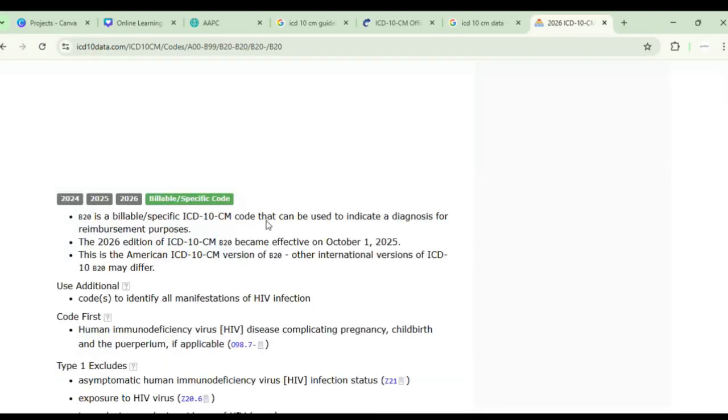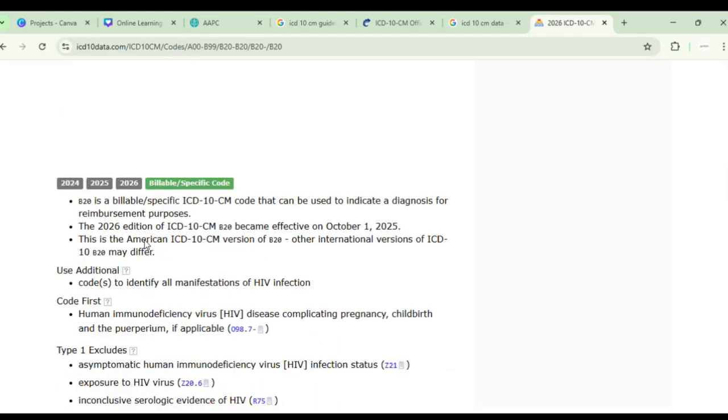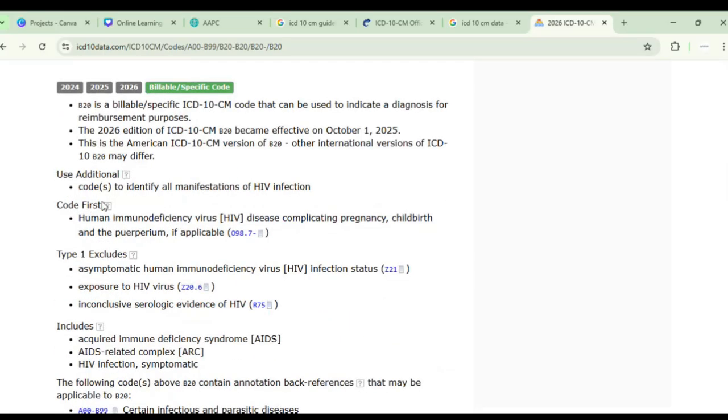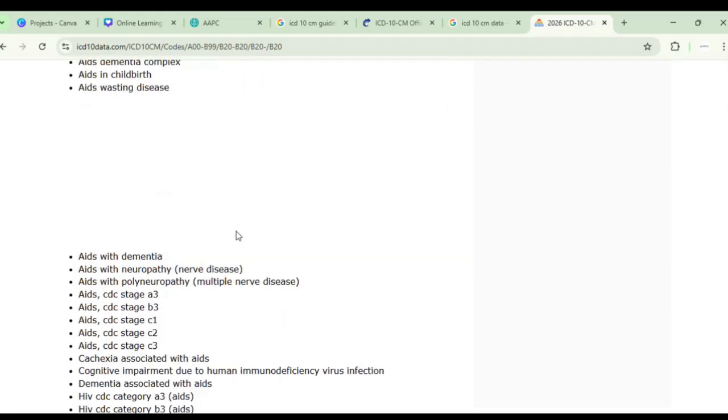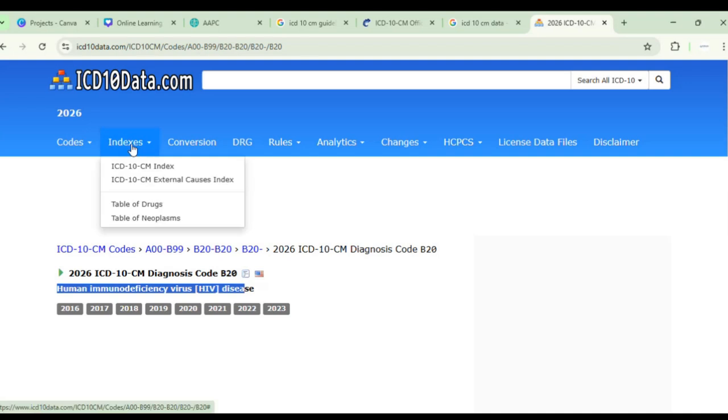Whatever instructions are supposed to be there below the term HIV will be presented here. We can see use additional code, code first, Excludes1 notes, includes notes. All these things are available here. If you want to search any code for cancer, we have to use the table of neoplasms. If you want to search any drug-related code, we have to use the table of drugs. And if you want to search any code for the external causes of